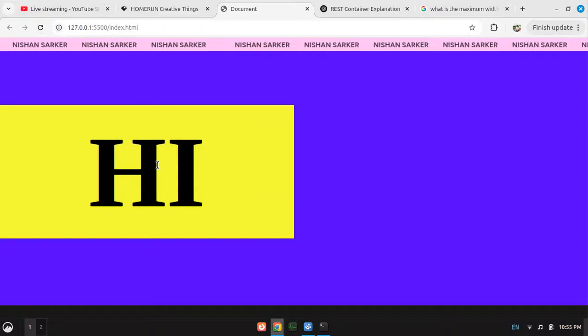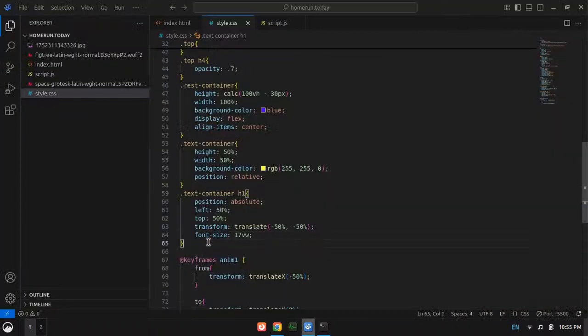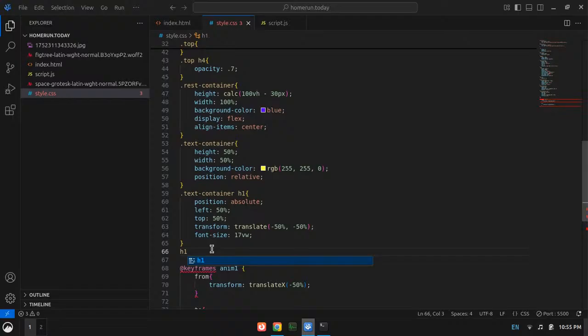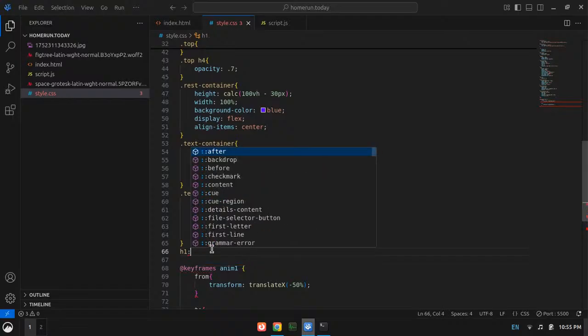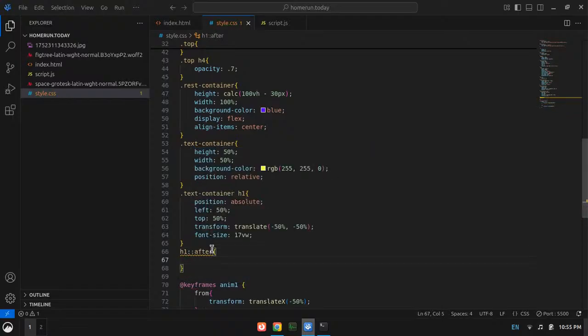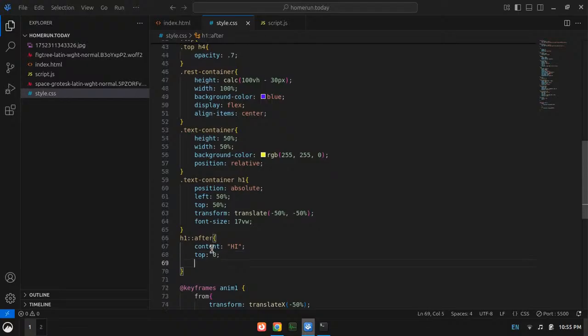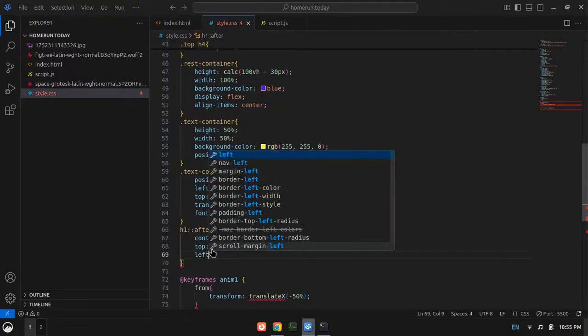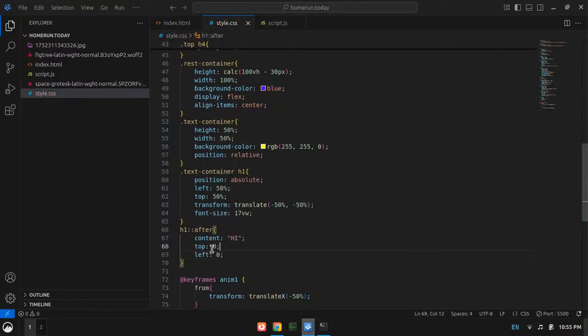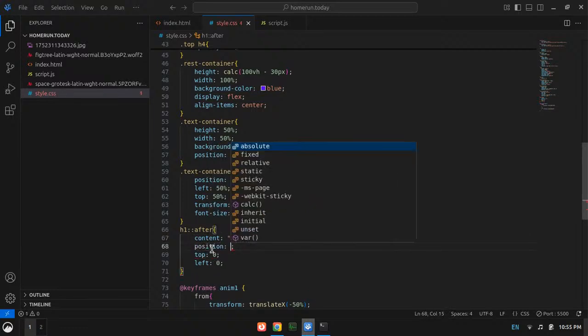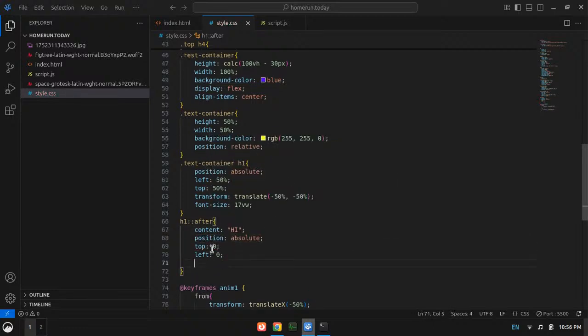Okay, right? Now what I need is, I will first try if I can get it right with this. Top 0, left 0, position absolute will be here, then color would be red.